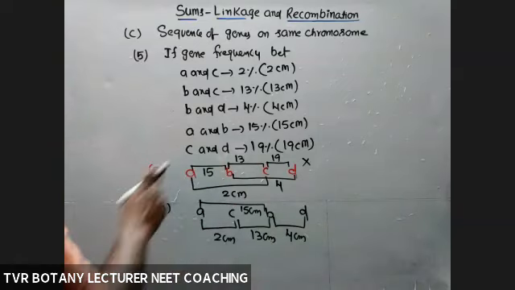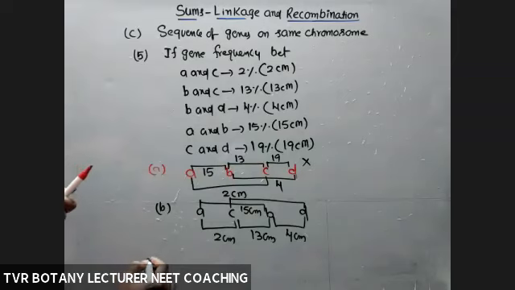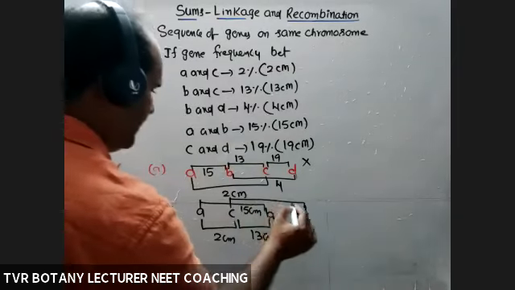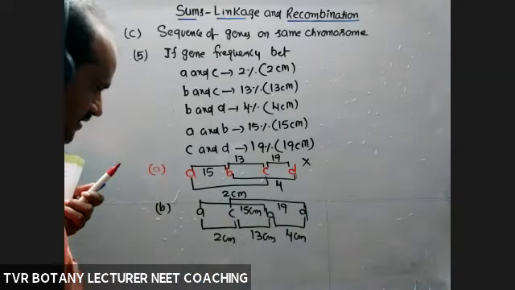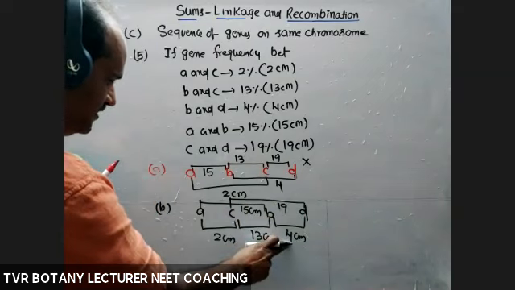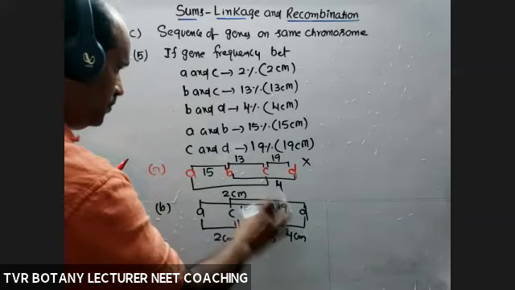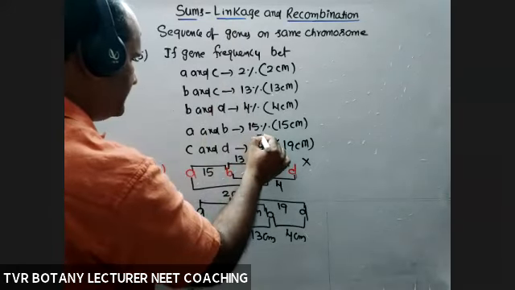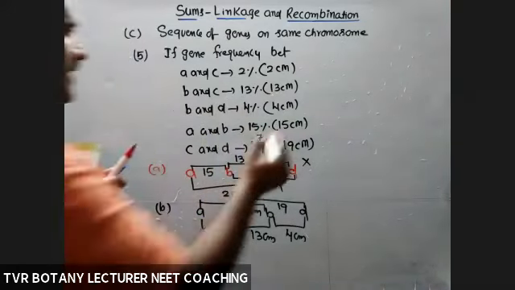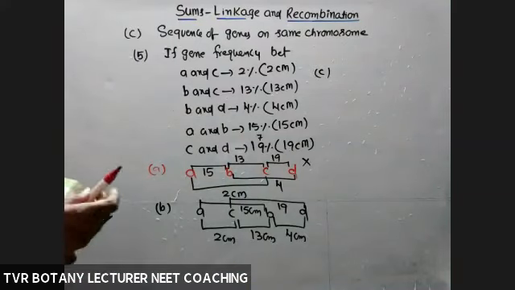AB completed. Next, C and D, how much? Given one is 19. Yes, acceptable, I think. 15 plus 4, how much? 17 only. So we have to change somewhere. Instead of 19%, they should give 17%. We'll check it, no problem. So B is almost approaching the answer, but something is wrong. I think our data was wrong. We'll check it again.